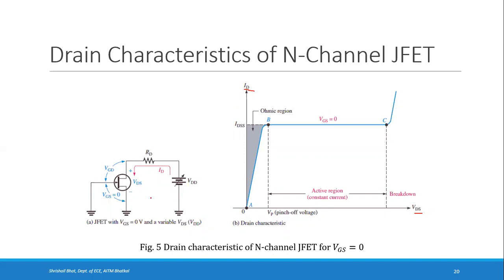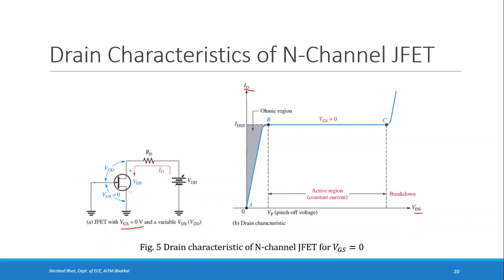We will be keeping VGS as constant, in the sense, in this particular circuit, VGS is constant and that VGS is 0 volts. Suppose you give 0 volts at gate. At the gate, if you are giving 0 volts, that means you are connecting this to the ground. So all this is connected to a common ground. You can draw a horizontal line here and connect to a common ground also. So this voltage is 0.